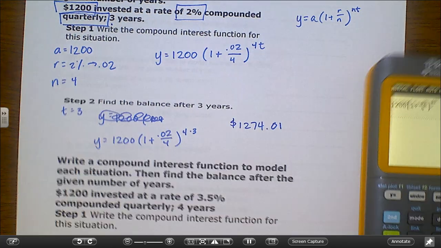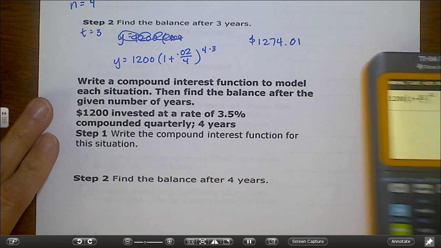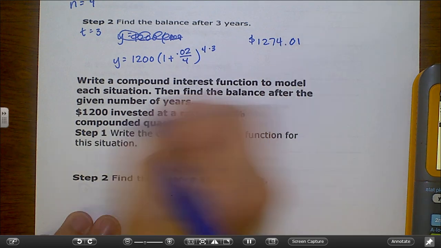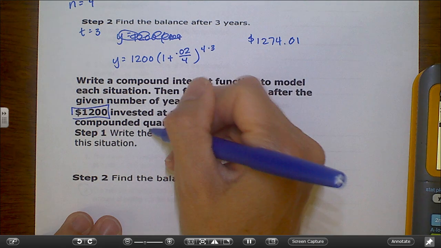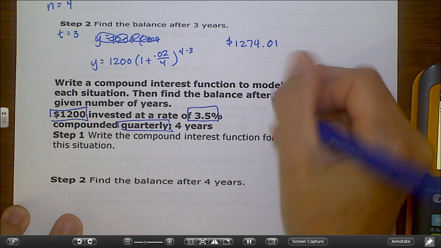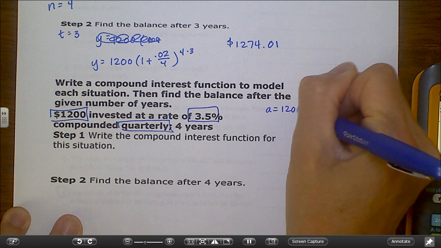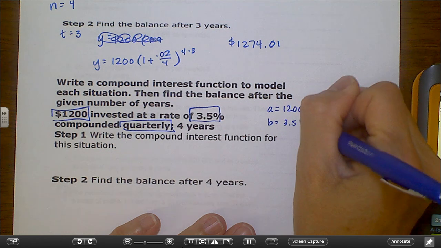Okay. Now, next one, same thing, just different values. So I have $1,200 invested at a rate of 3.5% compounded quarterly for 4 years. All right. So A is 1,200 again. B is 3.5%, but